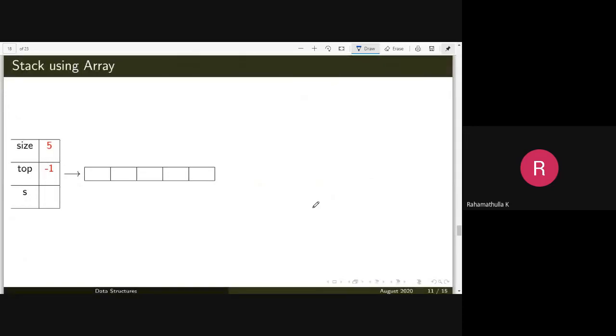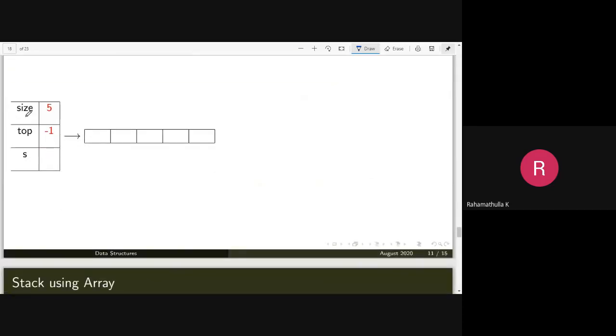Inside the memory it will look like this. You have a structure with size, and another variable top, initially pointing to -1, size having a value 5, and s pointing to an array of this many elements. For an integer stack, each is 2 bytes and total 10 bytes, so that you can insert 5 elements here.